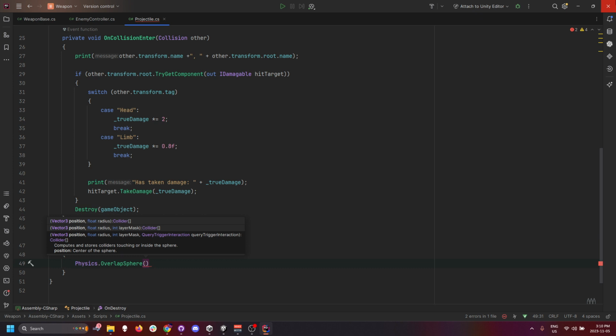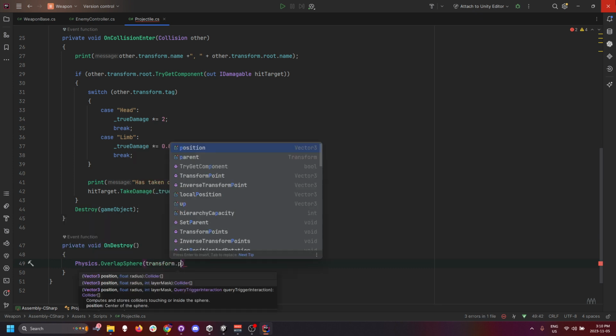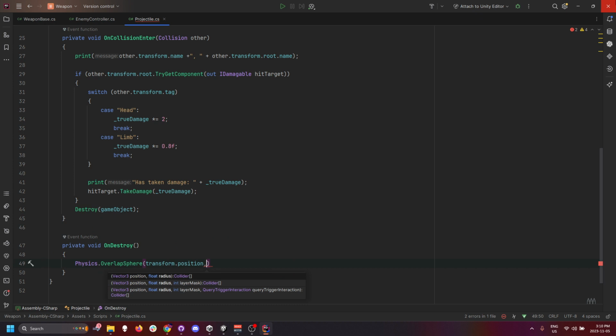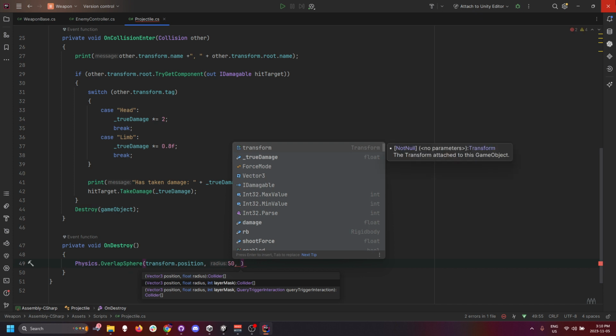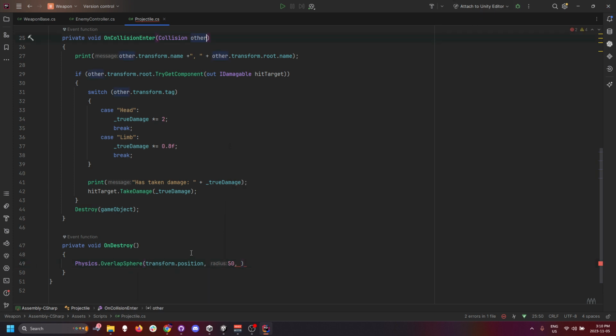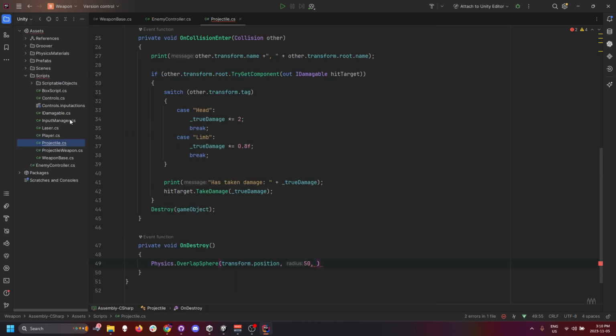So we're going to say first our position. We want our transform position. That's where we are. Then we want our radius. Let's just say any number, 50, doesn't matter. And then let's say our layer mask. Now, for the sake of showing you guys a trick you can do, and because we just talked about the flyweight pattern, we want this to only exist once. So what we should do is we can go to our,